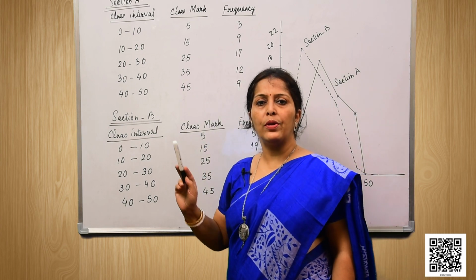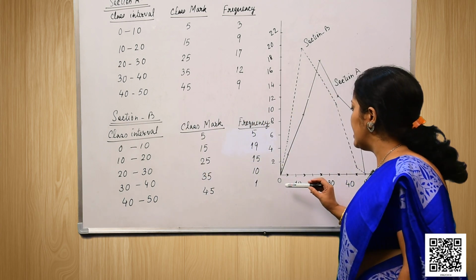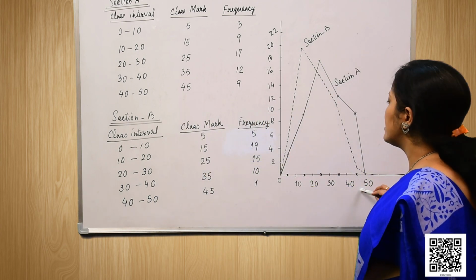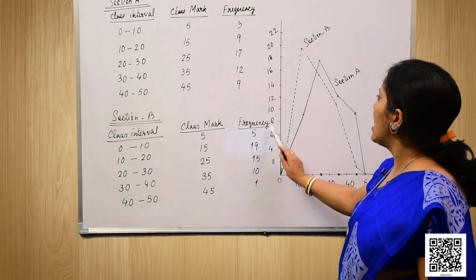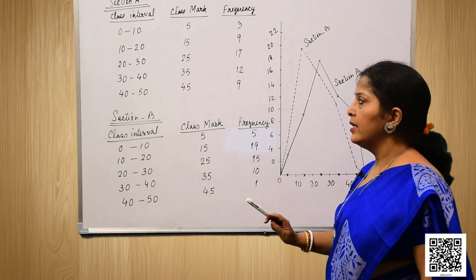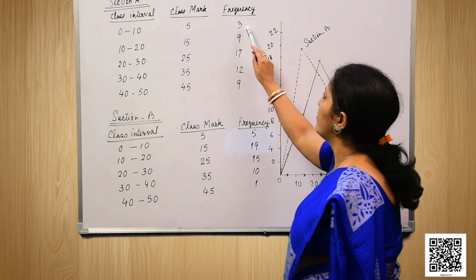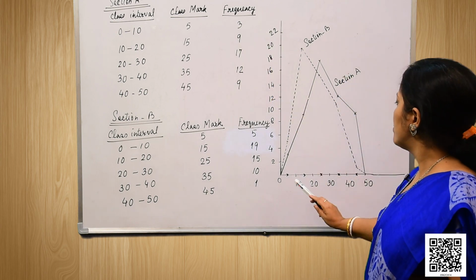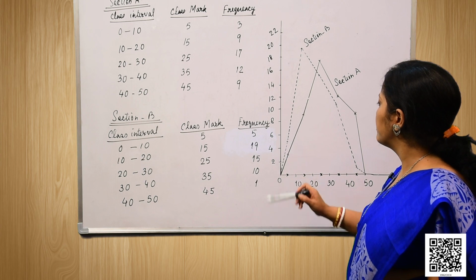Now, we draw the frequency polygon for section A. So, this is your graph. The class interval is on the horizontal line and the frequencies are on the vertical line. Now, on top of class mark 5, we have the frequency 3. So, on top of 5, the frequency is 3